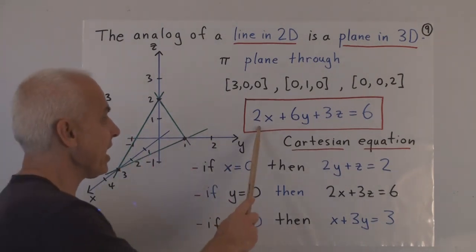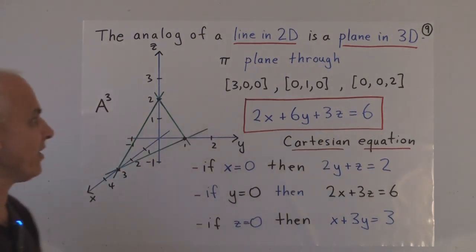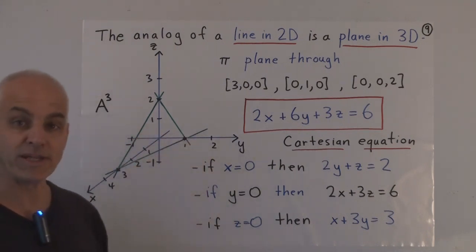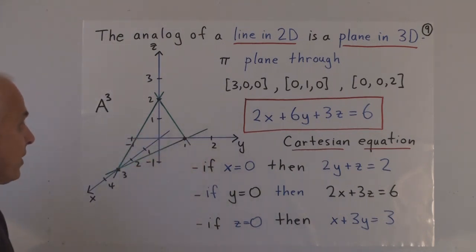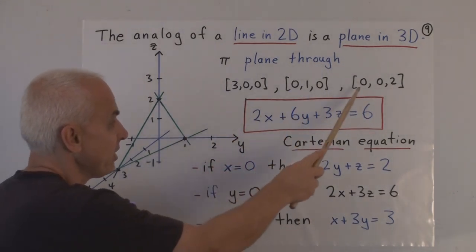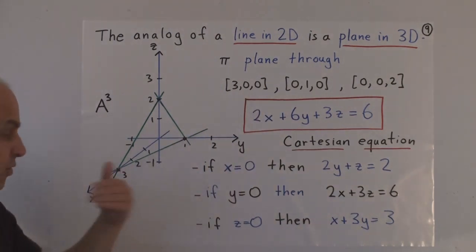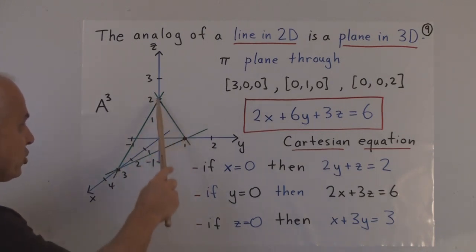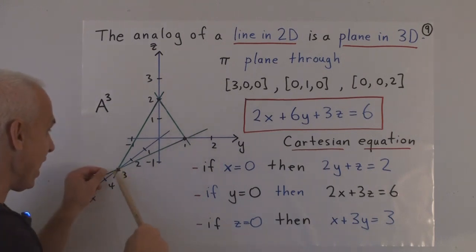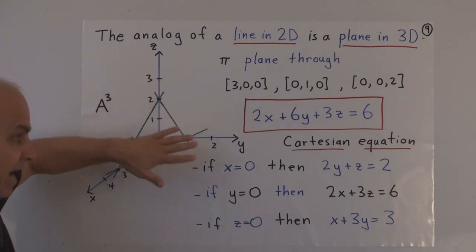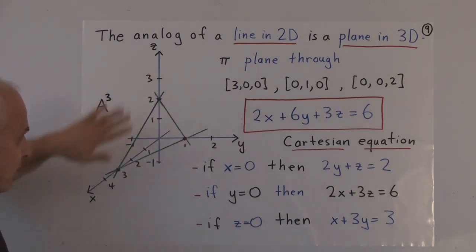A plane is given by a single equation in x, y, and z. And it can be described in terms of 3 points that lie on the plane. So here we have a plane through the points (3, 0, 0), (0, 1, 0), (0, 0, 2). These are points on the coordinate axes. There's (3, 0, 0), there's (0, 1, 0), and there's (0, 0, 2). And I've drawn the plane by joining the points by lines. So those lines lie in the plane, and you should think of this plane as being sort of at an angle to the coordinate axes, cutting them at those 3 points.